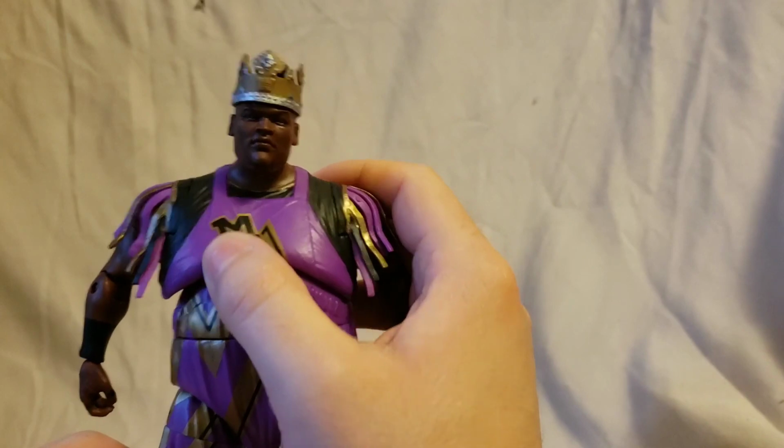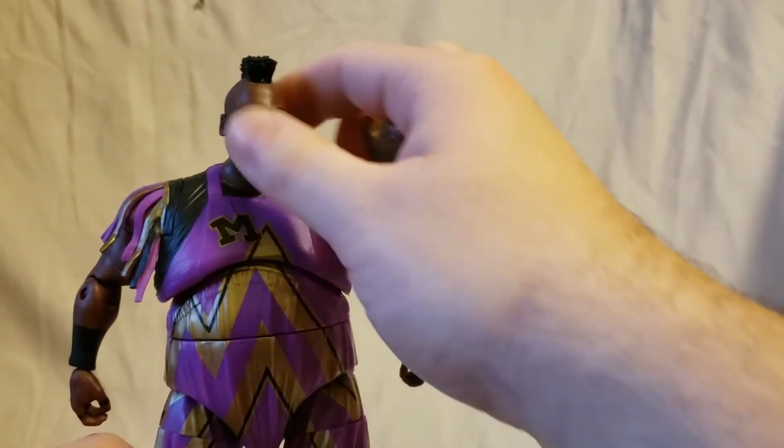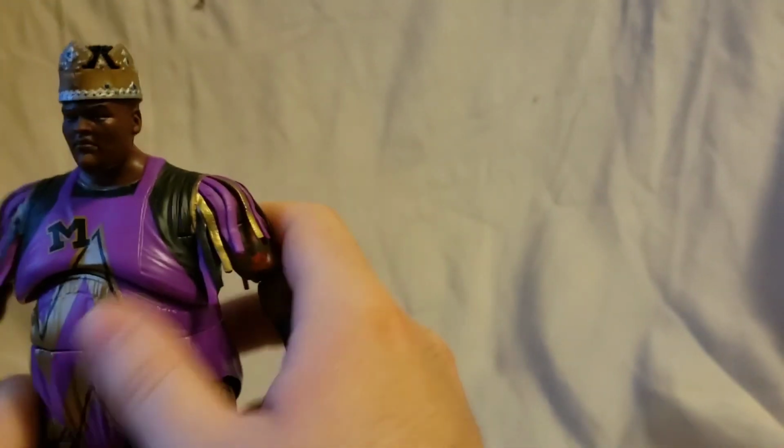So there is a variant. I think there is one with a lightning bolt. I can't remember which one is the running chase, but I have the one with the M. You could see the face sculpt with the mohawk. He's got the crown when he won King of the Ring in arguably one of the worst King of the Rings tournaments. If you move the tassels, you can see